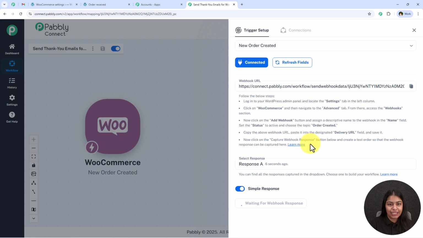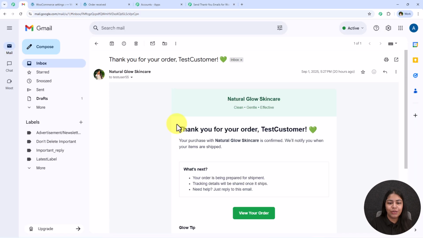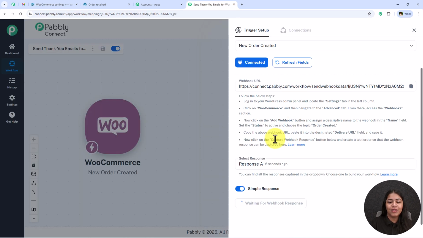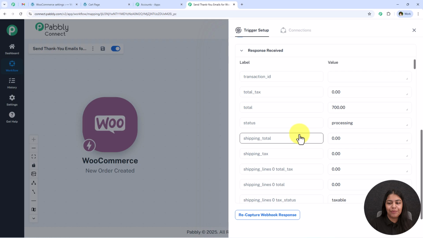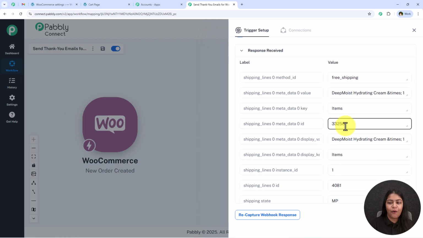Till then, I'll just let you know that now after I receive all the details of my customer, I'm going to send them a thank you email, something like this. Alright, so let's wait for a few seconds till we are capturing this webhook response. And as you can see that we have successfully captured this webhook response, you're going to see all the details